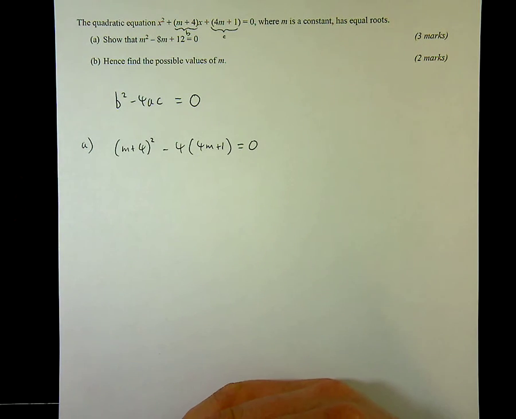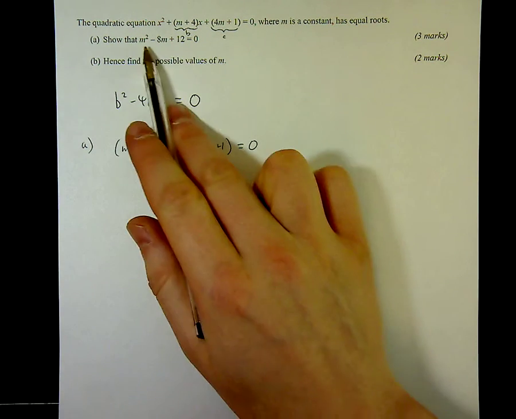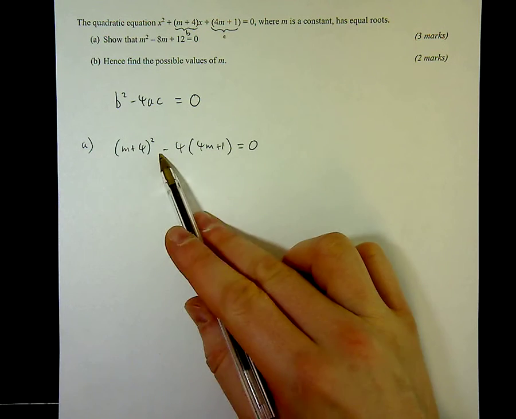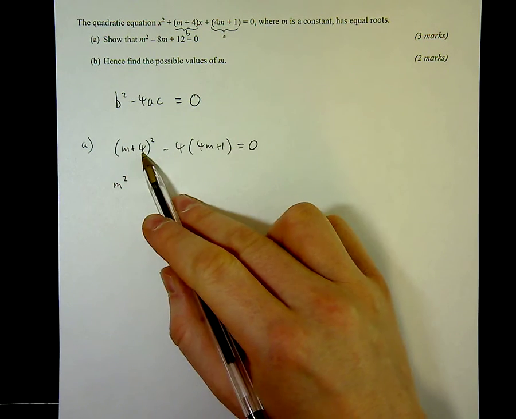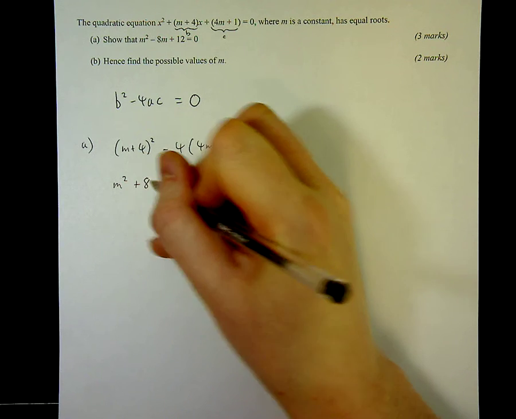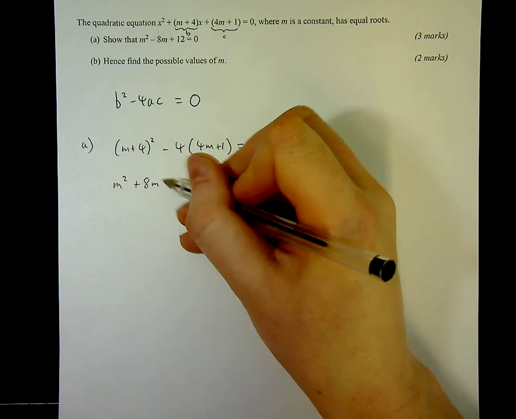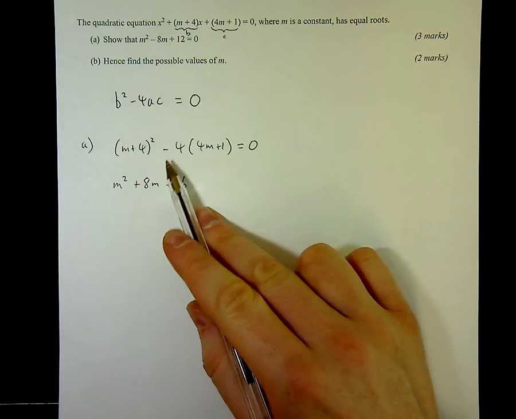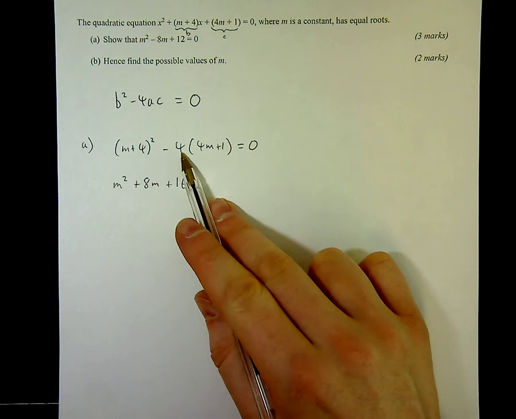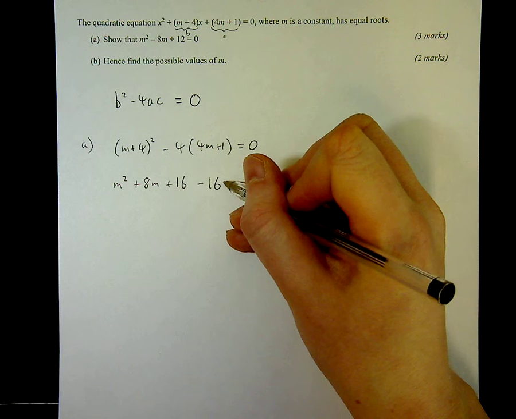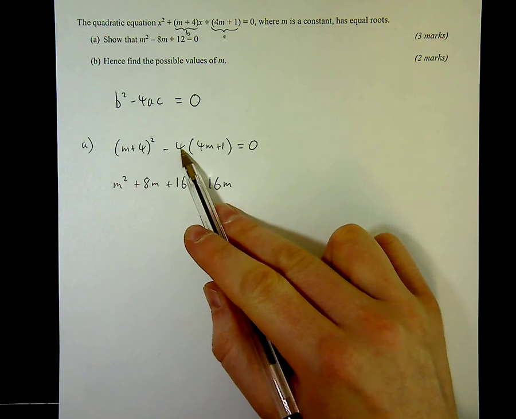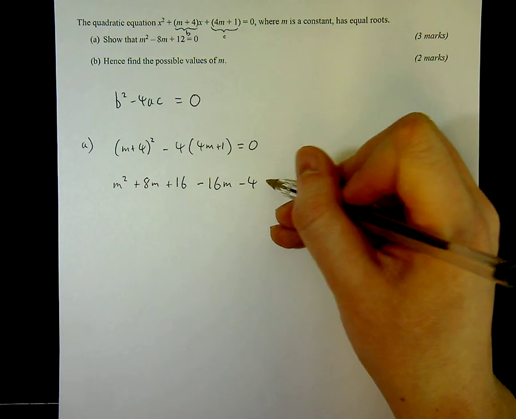All I've got to do now is expand any brackets, and I should end up with this equation. So m plus 4 all squared, I'm going to get m squared plus 4m plus another 4m, so that's plus 8m, and 4 times 4 gives me 16. Be a little bit careful with the negative here, it's subtracting 4 lots of 4m plus 1, so I'm going to get minus 16m, and I'm also going to get minus 4 lots of 1, so minus 4,